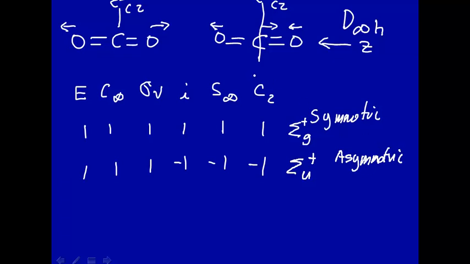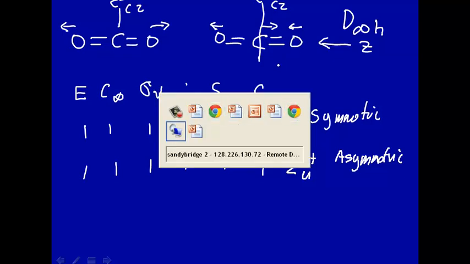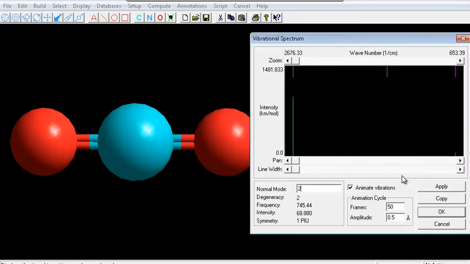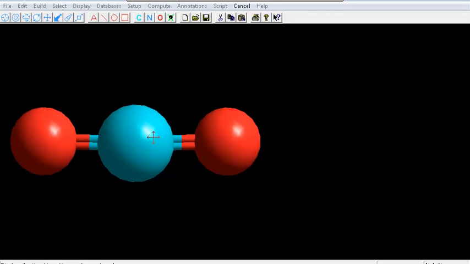All right, so we got 2, but recall that CO2 is a linear molecule, so we have 3 times 3 minus 5, or 4 normal modes. So let's go back and see if we can see the other 2 normal modes. Then we're going to go here, this normal mode, see what this looks like. I don't know if you could see that, but